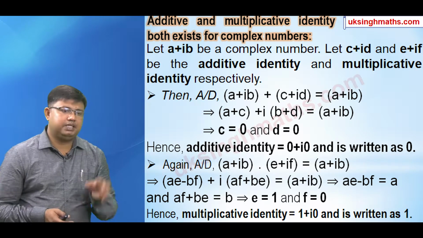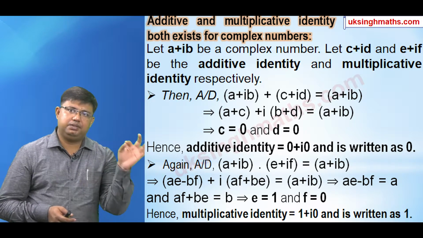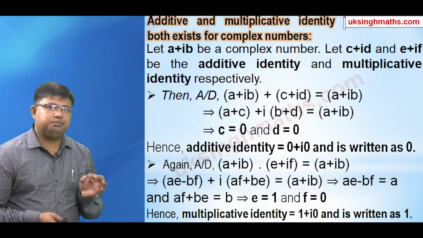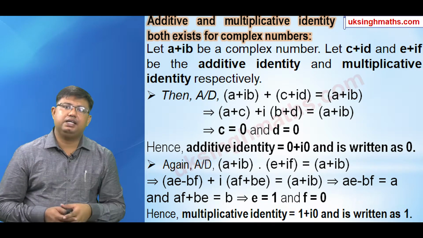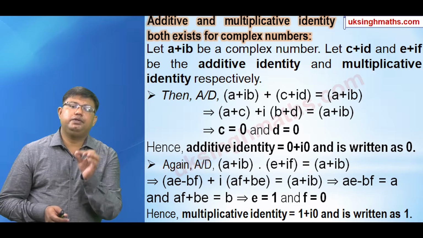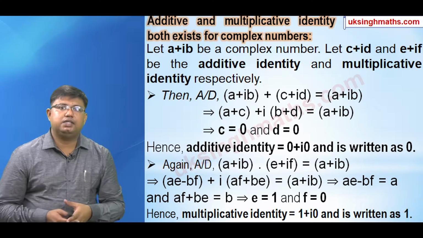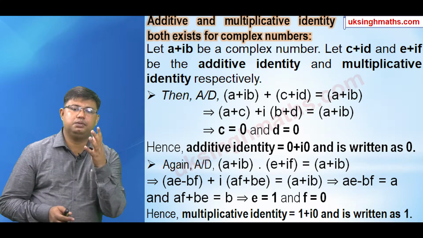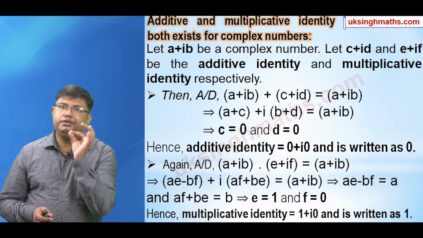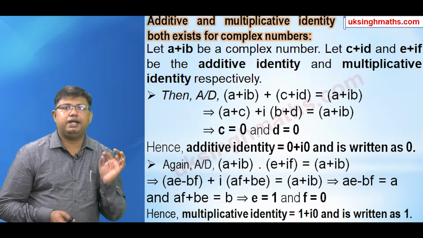Similarly, the concept of multiplicative identity is the same. If you multiply the multiplicative identity with any number, the result is the same number. So here e plus if is the multiplicative identity for the complex number a plus ib. So a plus ib into e plus if must be equal to a plus ib, and with this relation you can find the values of e and f, which come out to be e equal to 1 and f equal to 0. So 1 plus i into 0 is the multiplicative identity for complex numbers,